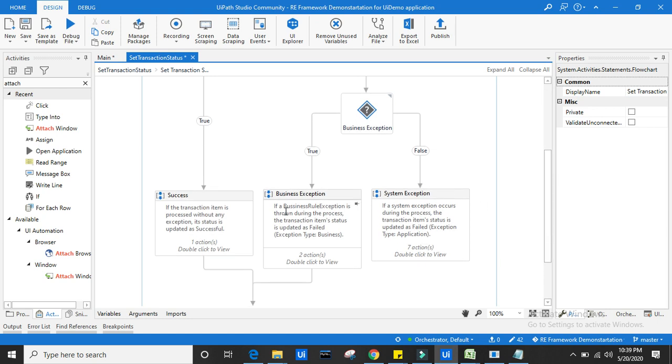If a business rule exception is thrown during the process, the transaction item status is updated as failed. We should understand the difference between a business exception and a system exception. A business exception is nothing but an exception in the business rules.